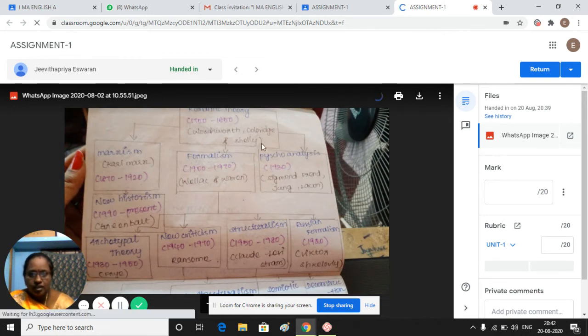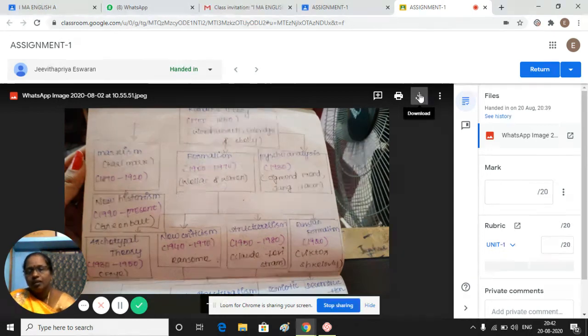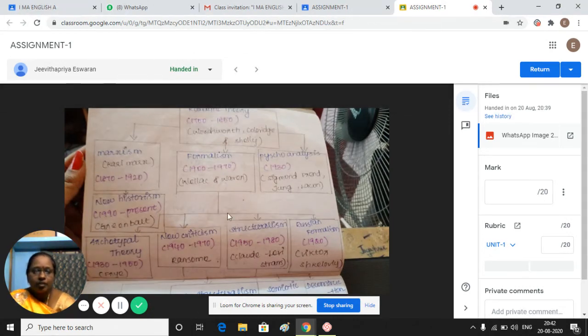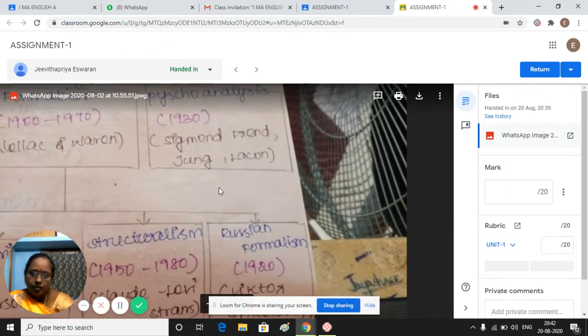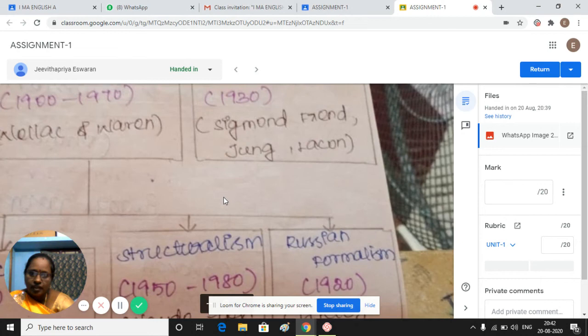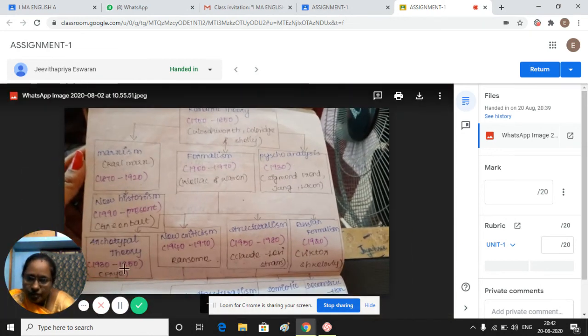The teacher goes through the image, and the teacher may even tick the image. For ticking, we have to make use of download, and in that, click the pen; different colors are available. Make use of the red pen, you can make tick marks. So now I have to give the student marks. I'll maximize and minimize, and if any mistakes, spelling mistakes or anything are there, I'll give a comment in the private comment box, saying that the word spelling is wrong. I have given that as a private comment. It won't be public. All the students can't see it; only the particular student can see the comments.